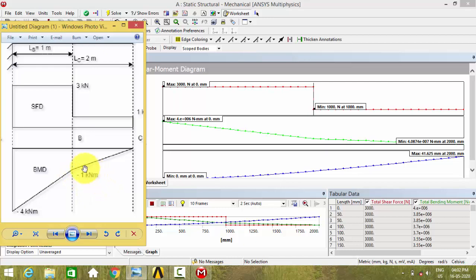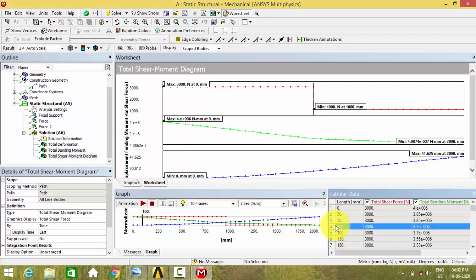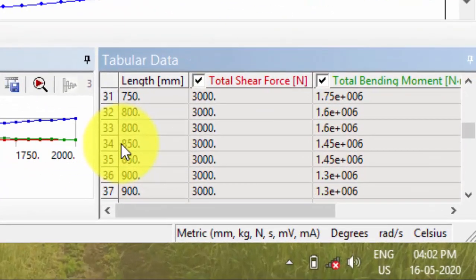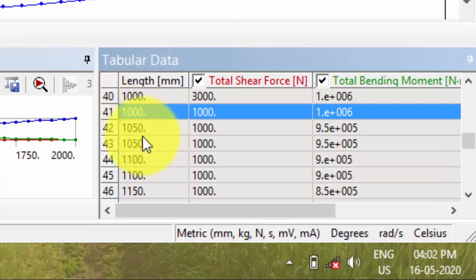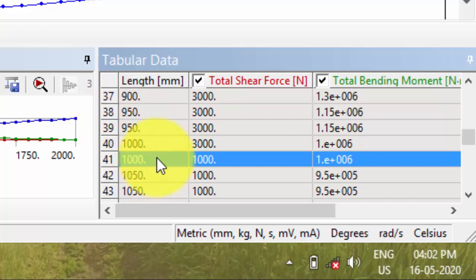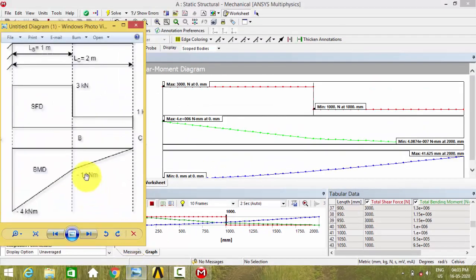So we can search there at the distance of 1000, there is a total bending moment of 1 into 10 to the power of 6. That means 1 kilonewton meter, as you can see here.